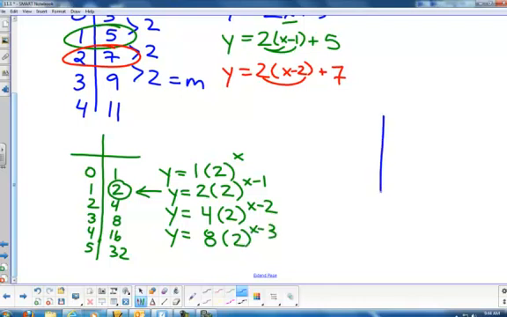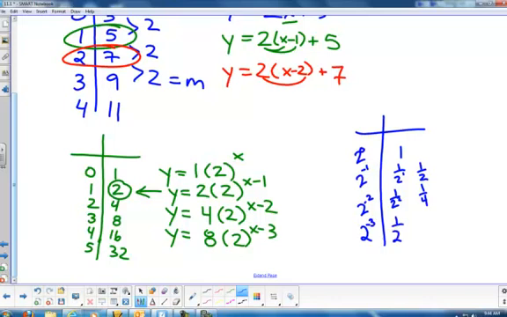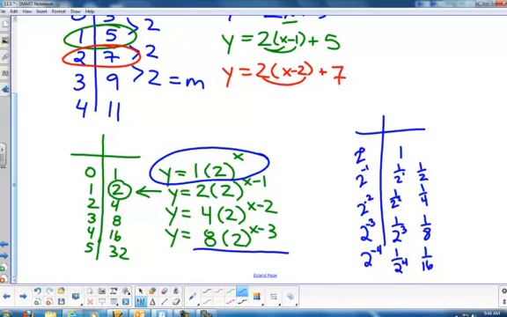A quick reminder that 2 to the 0 is 1. 2 to the negative 1 is 1 over 2 to the 1, which is 1/2. 2 to the negative 2 is 1 over 2 to the positive 2, which is 1/4. 2 to the negative 3 is 1 over 2 cubed, which is 1/8. 2 to the negative 4 is 1 over 2 to the 4, which is 1/16. So in each of these, if you simplify this equation, this is your base equation, and that's the base of writing